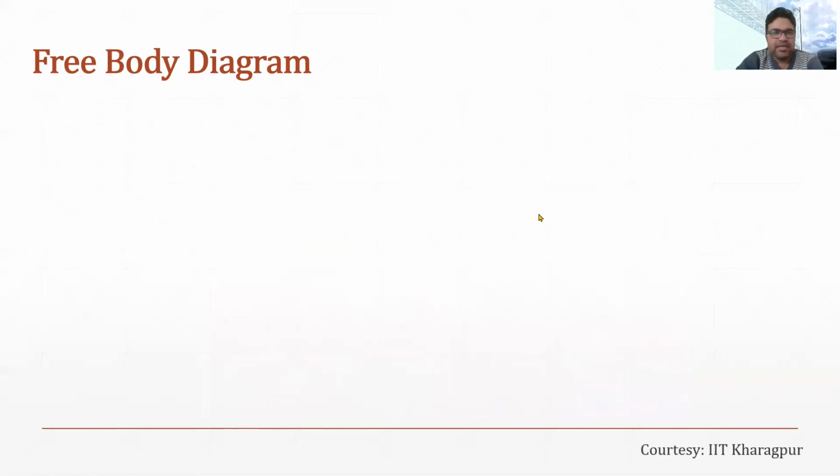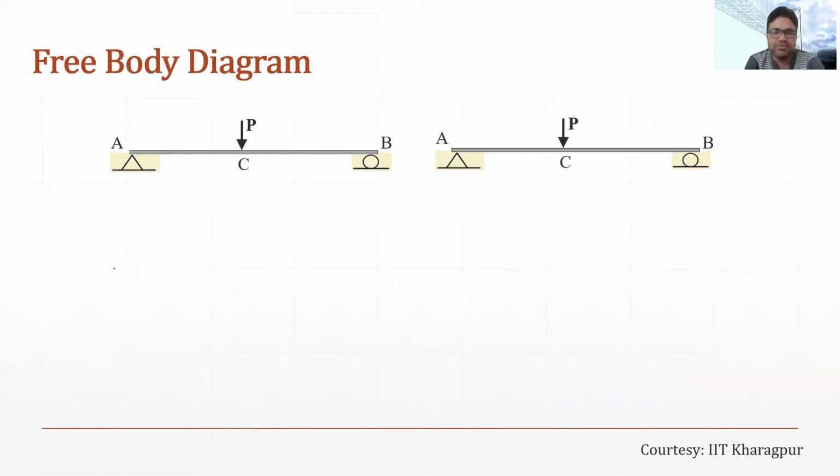Now I will take another example to show the free body diagram. For example, in this case you can see this is a beam which has a hinge at one end and a roller support on the other end. So this becomes a simply supported beam. Now if we want to convert this beam into a free body diagram, we have to show all the known and unknown forces in this beam. The unknown forces in this beam will be in terms of reactions. You can see the known force is already shown here, but the unknown forces will be in terms of the reactions offered here.